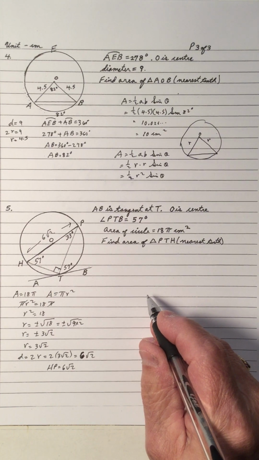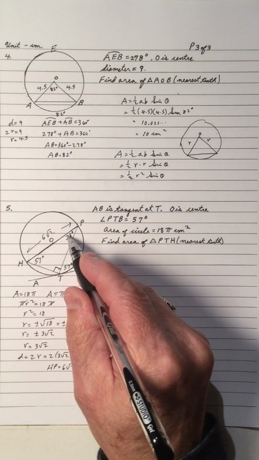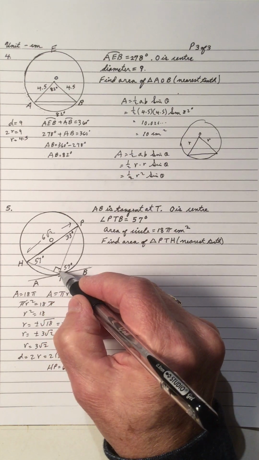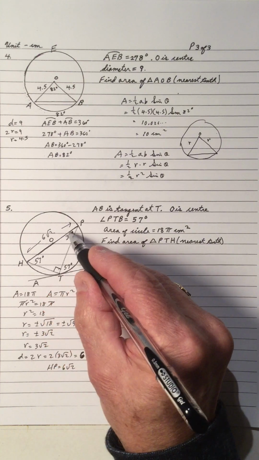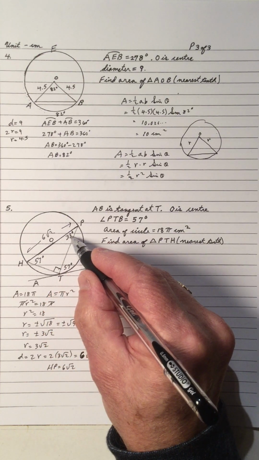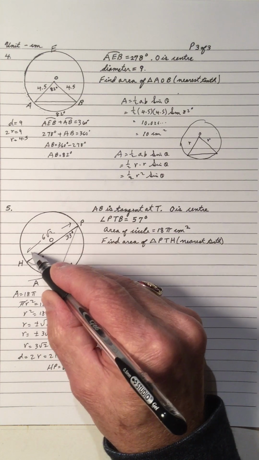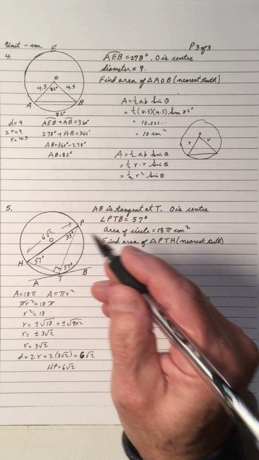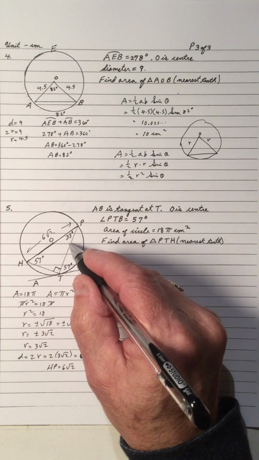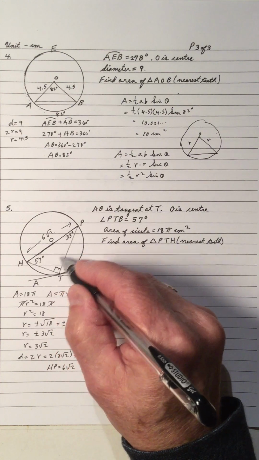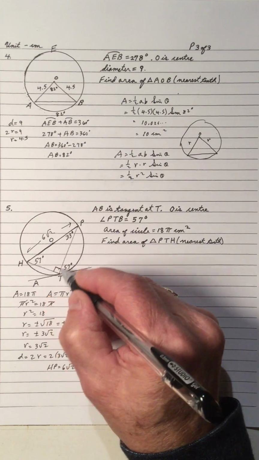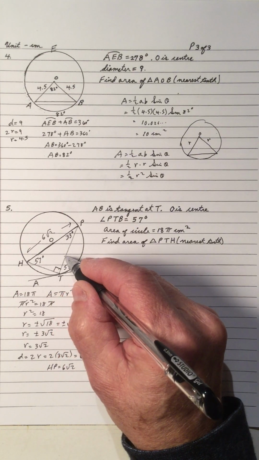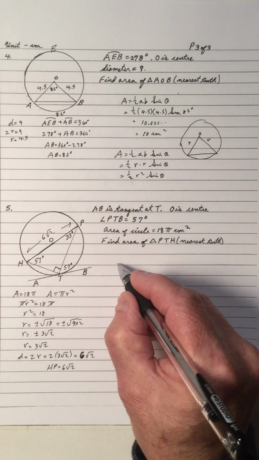Okay, now we need another side. So I have a 57 degree angle. I need one more side. So I can either find this side to go with two sides and this included angle, or I can get this side and have this side and this side with this included angle. So whatever side you want to get. Or you can use your trig and get both of these sides here, which is the perpendicular, and use half the base times the height. But let's go with